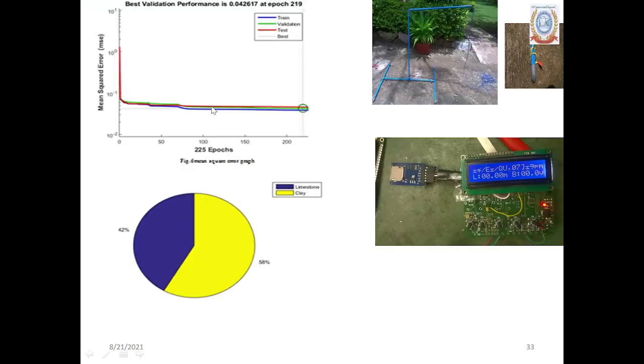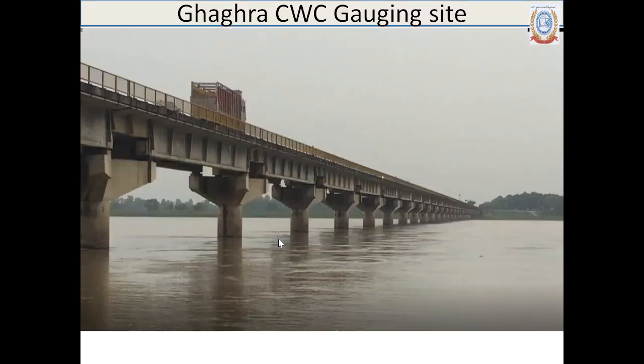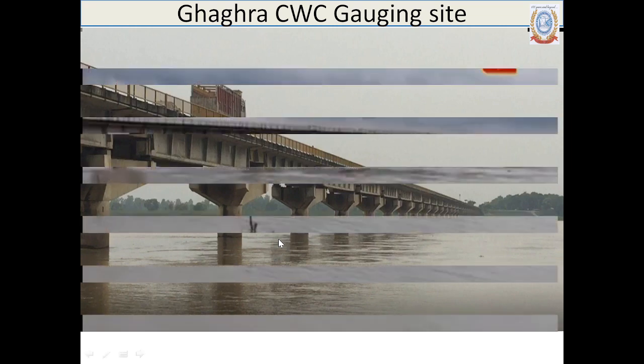Now here, with 200 to 225 epochs of training, we were able to separate limestone and clay, two classifications, with the resistive electrode. So this is an example carried out in a naval base at Pune. Okay, so now the third one, what I said, is from satellite imagery, how you calculate the bathymetry